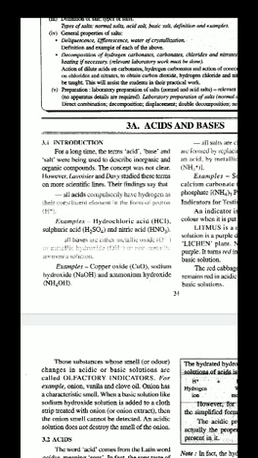Children, we have different definitions given by different scientists: Bronsted and Lowry, Lewis, and Arrhenius. These three scientists gave different definitions of acids and bases based on different criteria. But the common things are there. All acids have hydrogen in the form of a proton. Hydrochloric acid HCl, nitric acid HNO3.